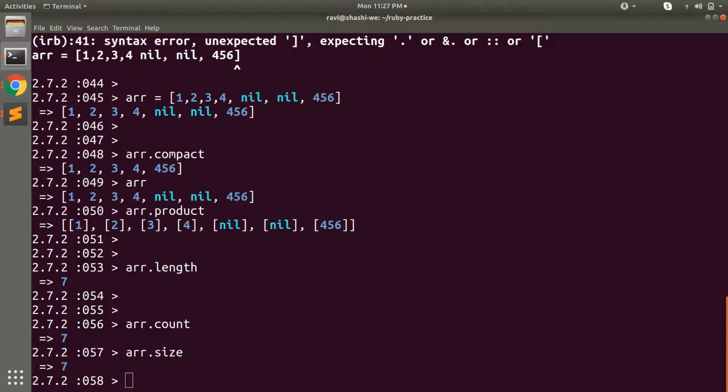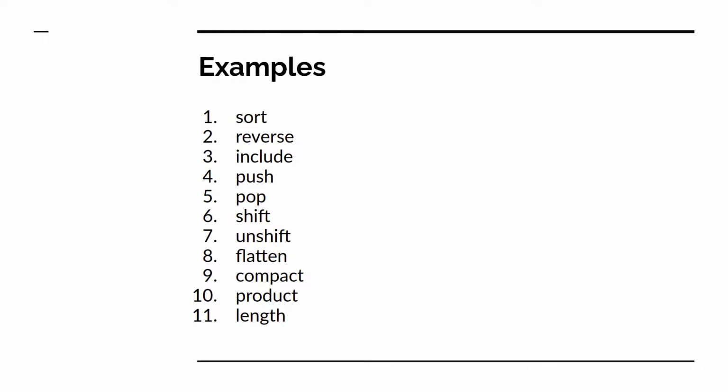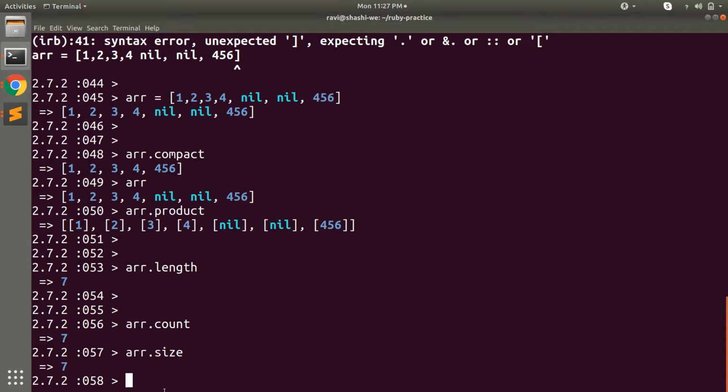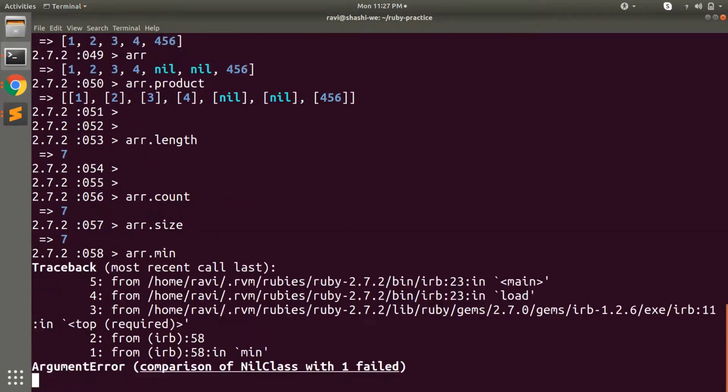There are other Ruby methods as well that you can call, like finding unique elements from the array, minimum from the array, maximum from the array. Let's try with that. arr.min. It has returned me an error. Why?